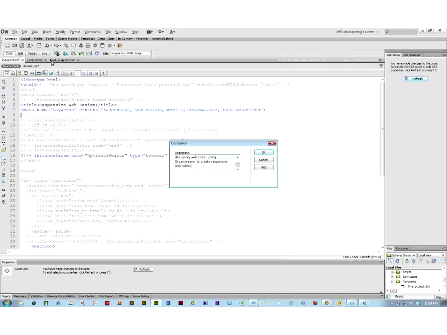Responsive websites, etc. Okay? When it comes to keywords, these are SEO tactics, and they're also, just as importantly, how you